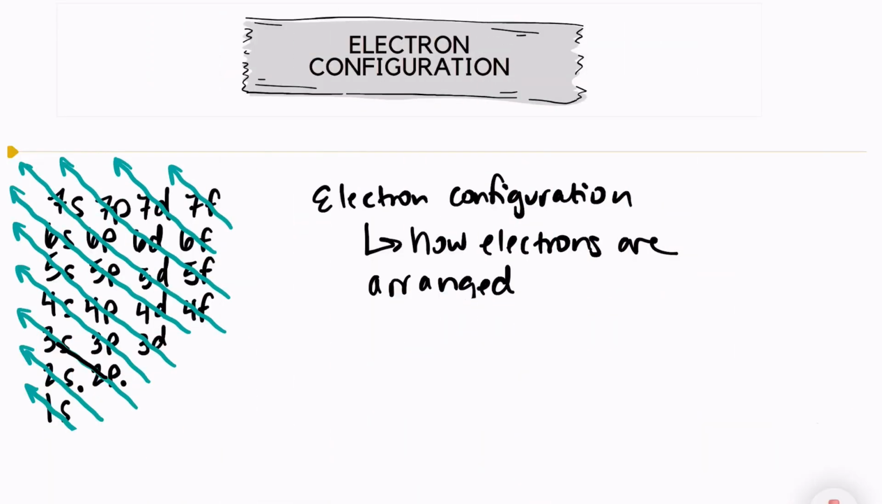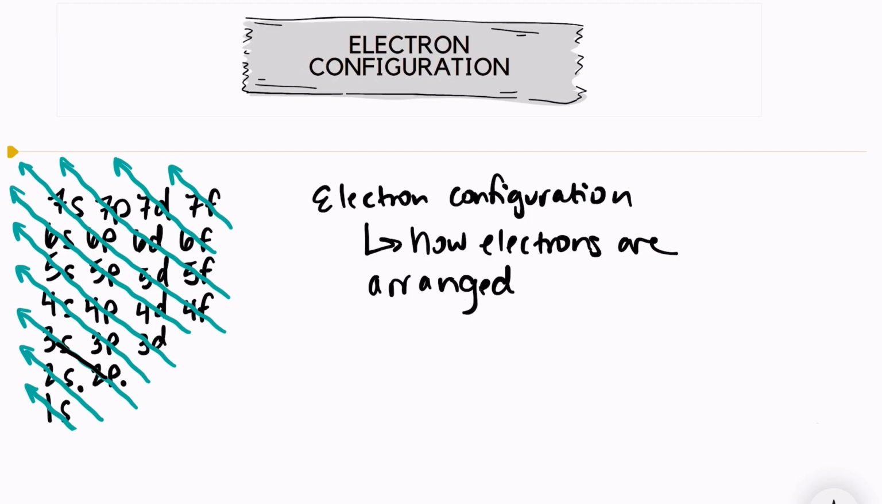Welcome back. We are going to take a look at electron configurations, which just means how the electrons are arranged within the atom. And there's a few things that we need to know. We need to know the order of our energy levels and sublevels and how many electrons will fit in each